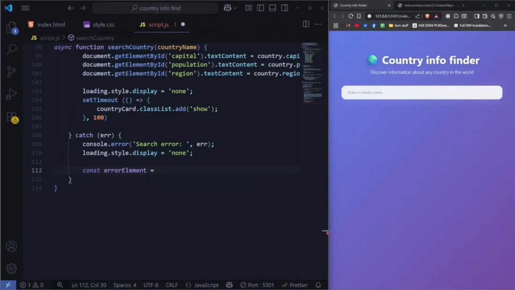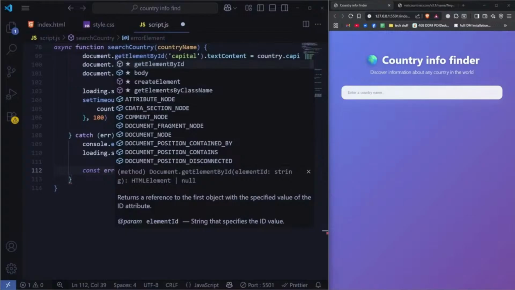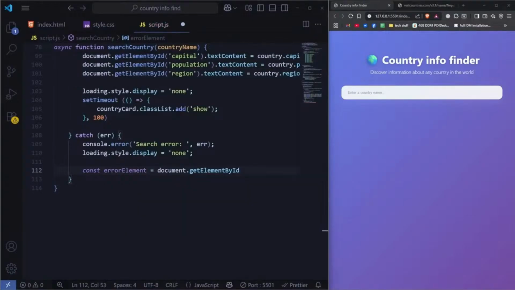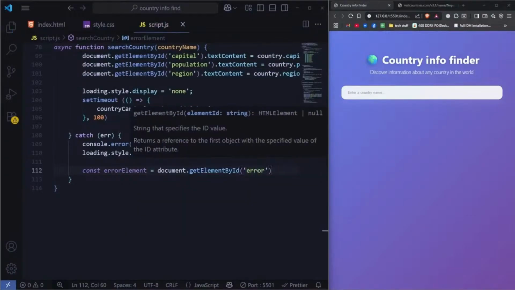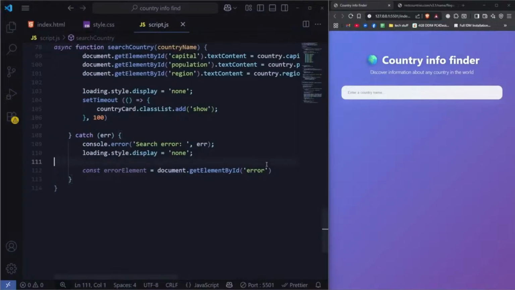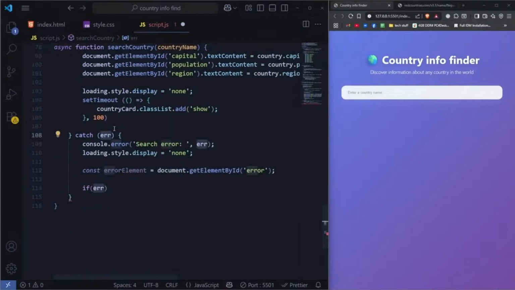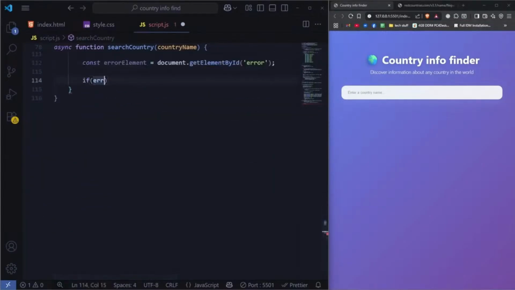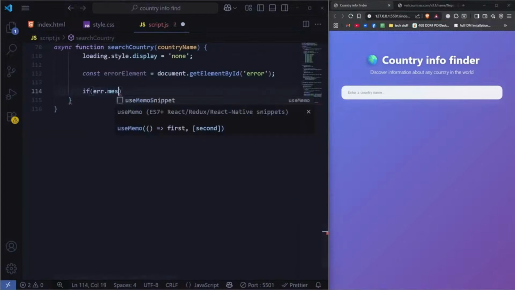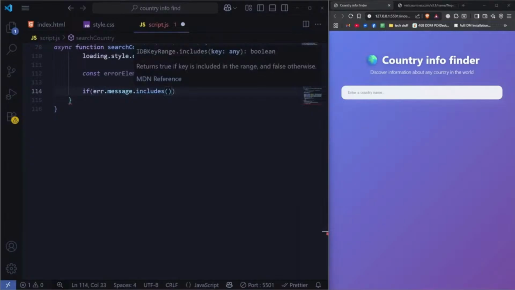I'm gonna get the error element, which is our error, right? I'm gonna do that and give document.getElementById and get the error div. That's it. Why did I get the error div? To mutate it, obviously. So what I'm gonna do is, if error, this error right here, if this error message includes